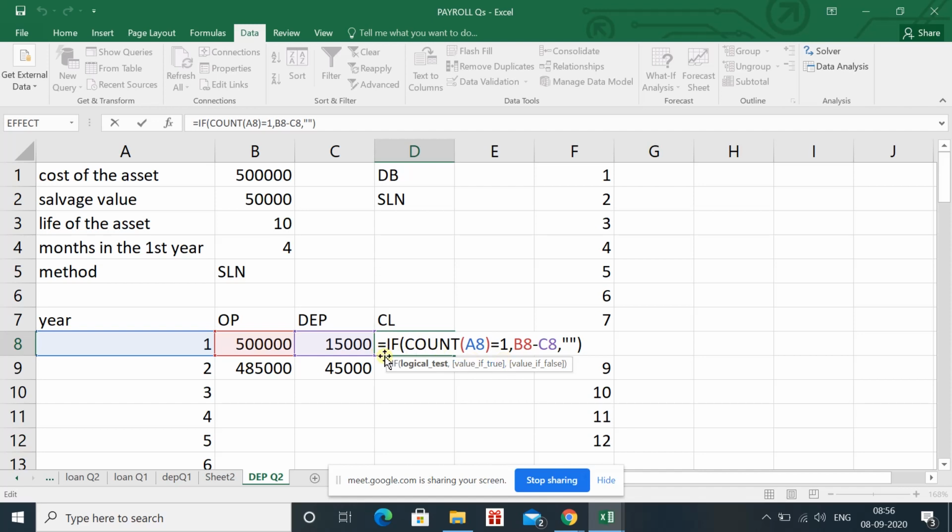We will write is equal to IF, bracket open, COUNT, bracket open, select the cell for which you are applying the formula. The row related to this closing balance is 8, so we will select A8, bracket close, is equal to 1. Here we are saying that if we have one number in A8, then apply the formula opening minus depreciation. Opening for this is B8 and depreciation is C8.